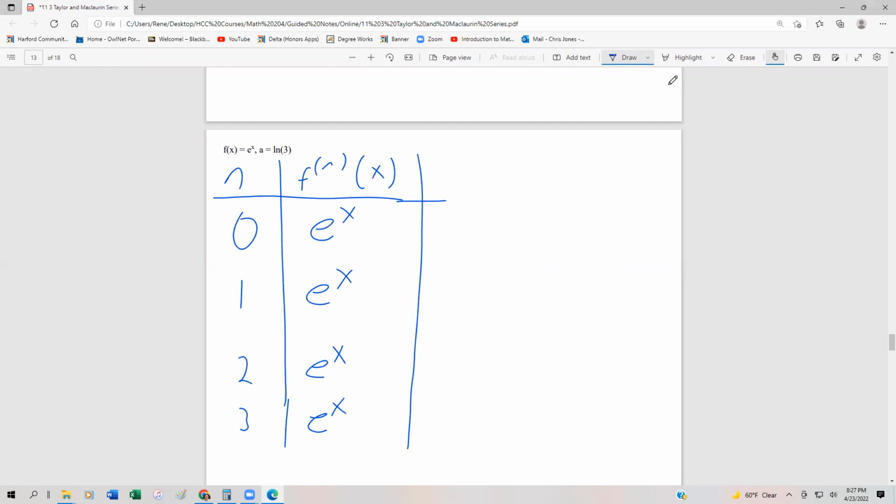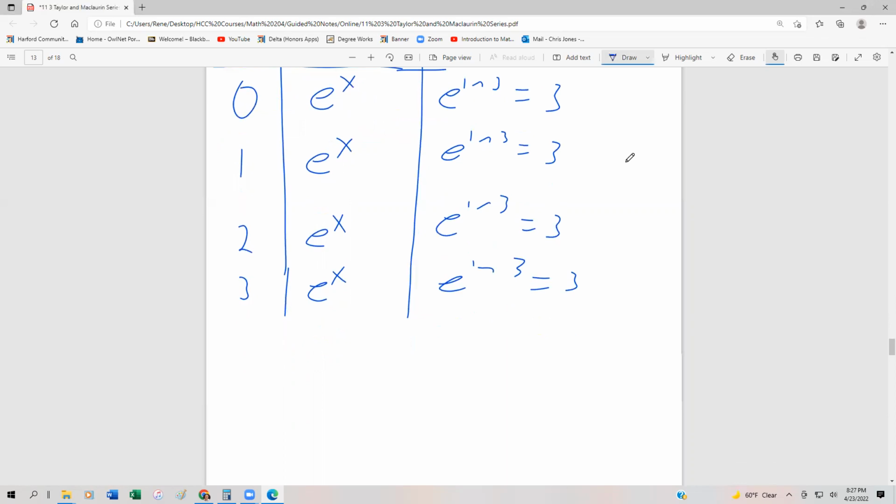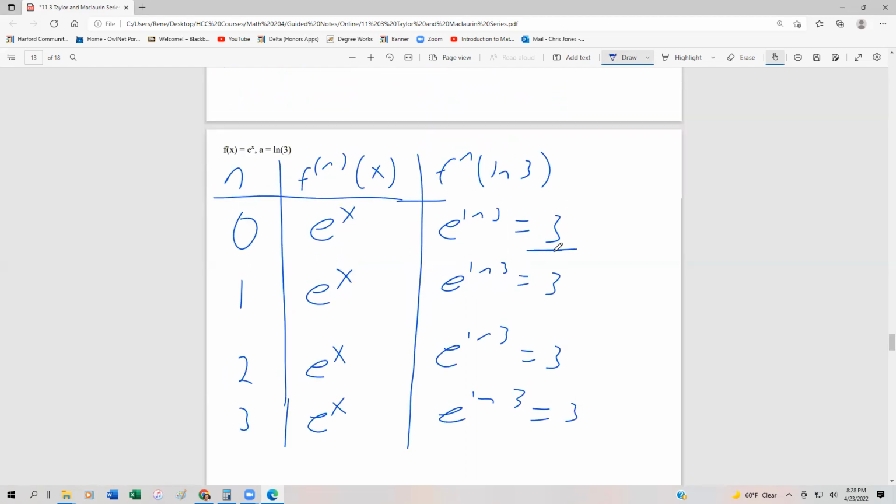And then finally, when we substitute ln of 3 back in, the nth derivative at ln 3, e to the ln 3, is going to be 3. And that's going to be for all of these. All right, so that makes it really easy for us because we don't even need to find a pattern for this. All right, so for the first terms in our Taylor series here, we have 3. Okay, so this is, I think, the first time that we've actually had the 0th term